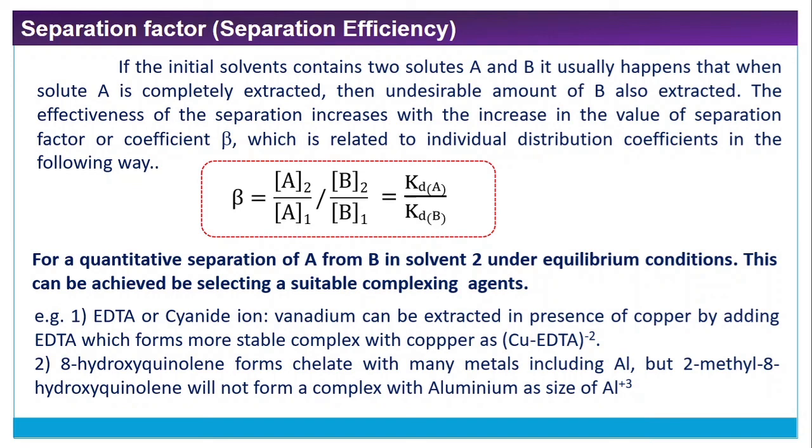Therefore, other metals can be extracted in presence of aluminum with this reagent. Because of this methyl group, and the aluminum size being very small, it won't form a stable complex with aluminum. So in presence of aluminum, we can extract the other metal ions by using the 2-methyl